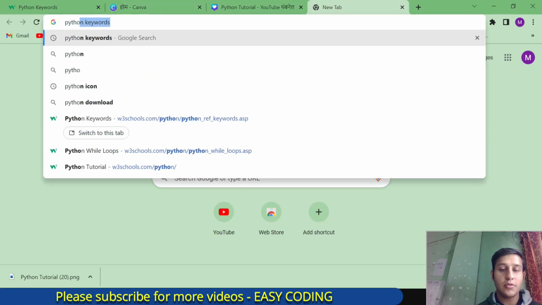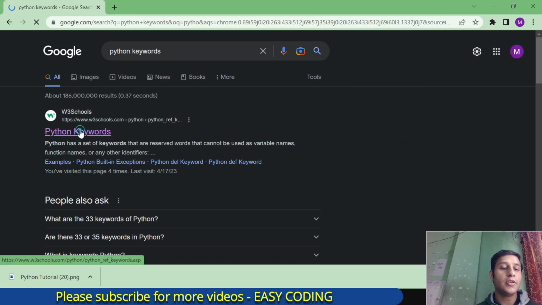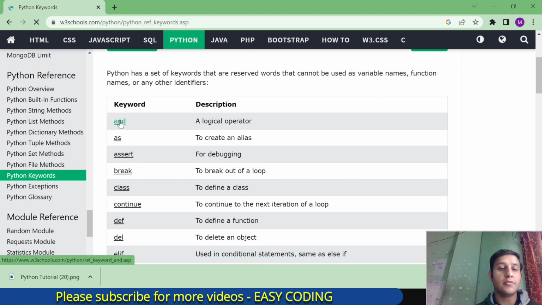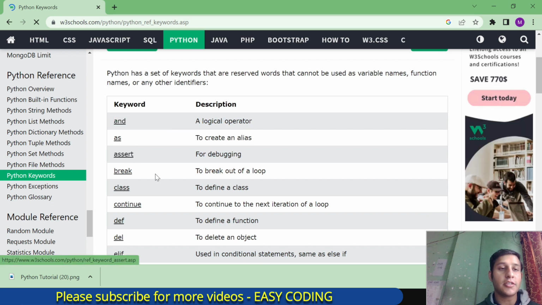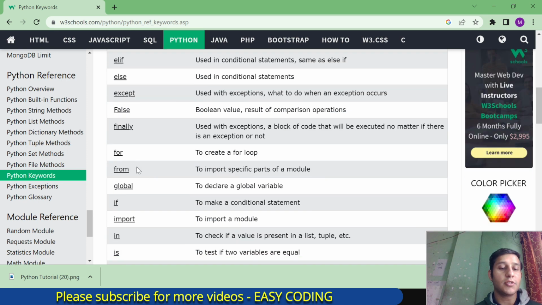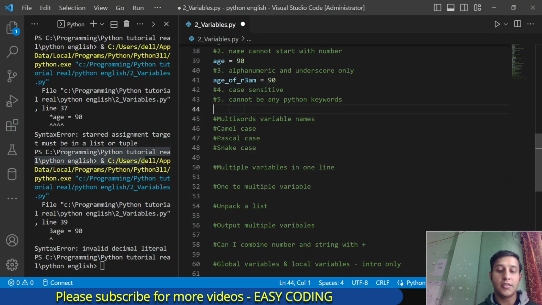Let me show you on this website. Okay, so these are the Python keywords. You can see here 'and', 'as', 'assert', these are all Python keywords. So let me try using one of them. Which one? Okay, I want to use 'for'. Suppose I put here 'for'